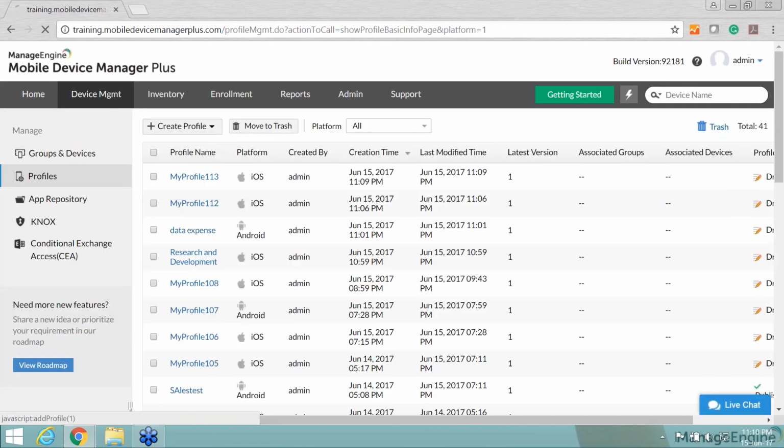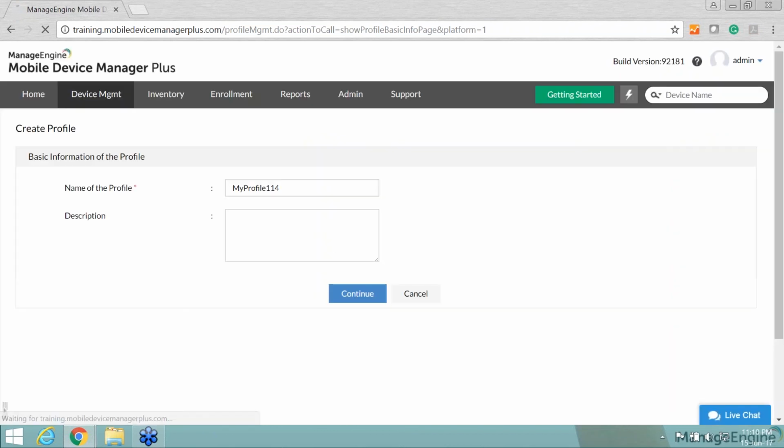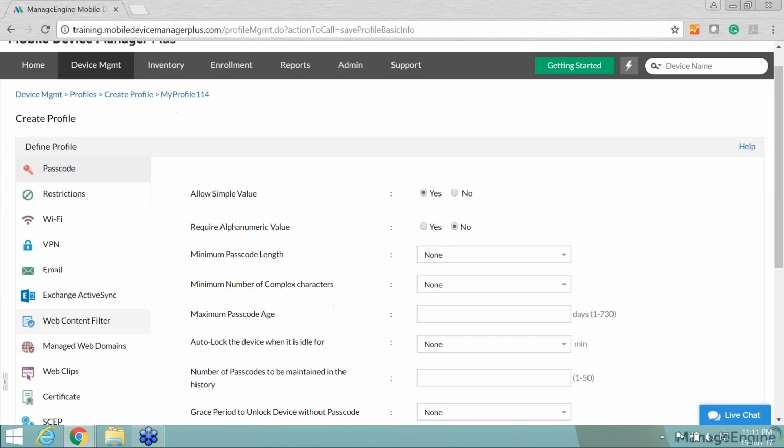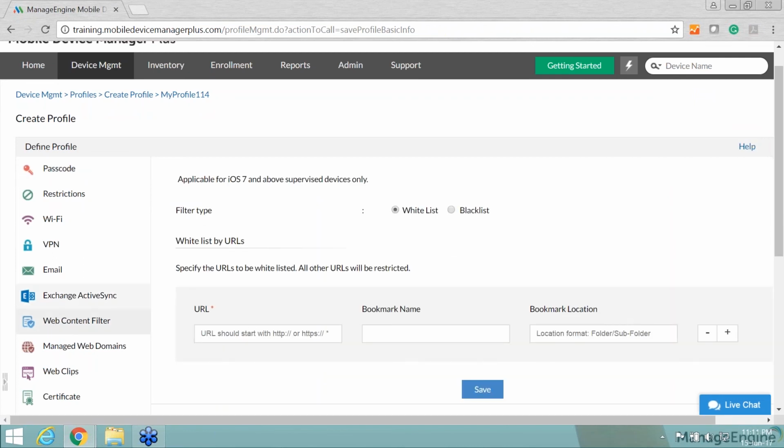Continue. I go down and select web content filter. Let's say that I found out that my employees spend their work time on sites like YouTube, and I want to blacklist this. So I click on the blacklist radio button.